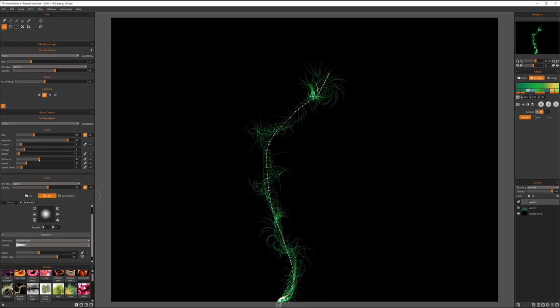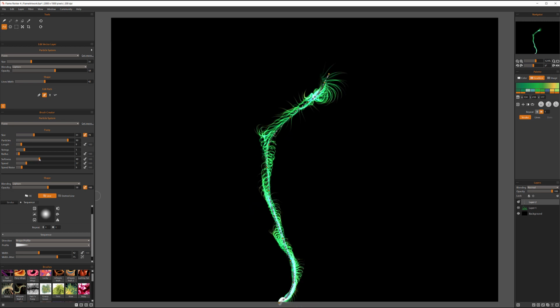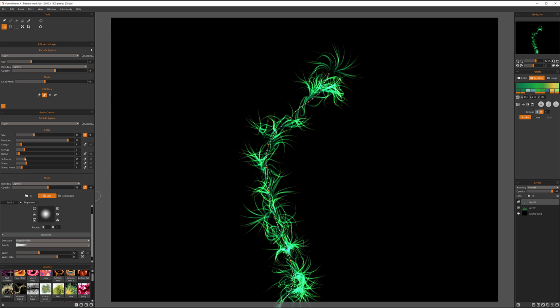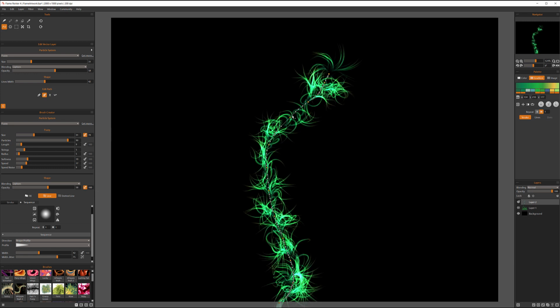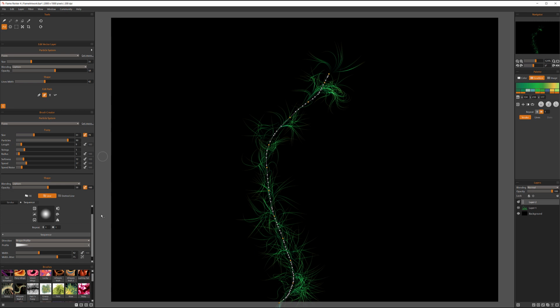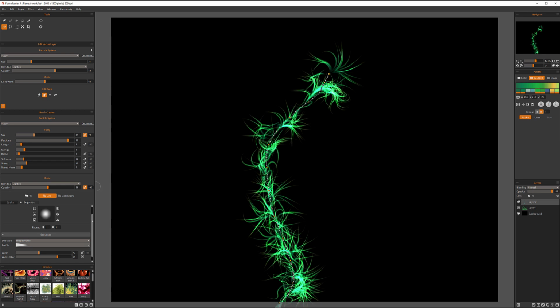Again, you can almost non-stop play with this brush preset, and this is what I found is my biggest problem with this. It's such a fun tool, so you just sit down and you start drawing, and you have a lot of fun doing this. Okay, we have our preset,